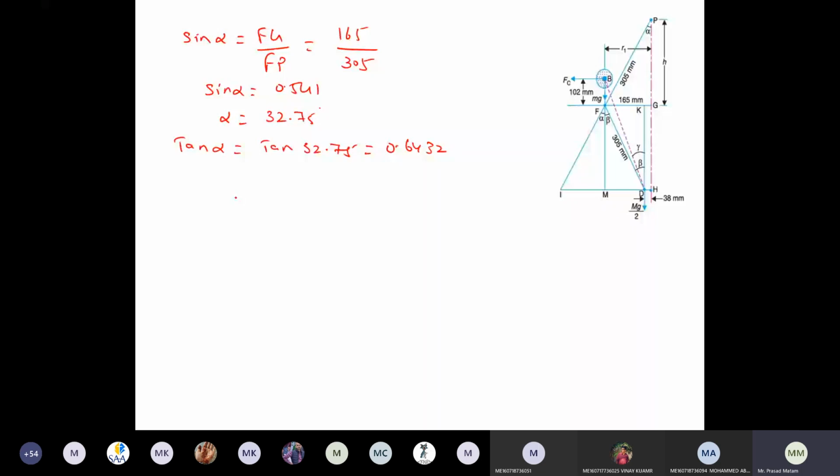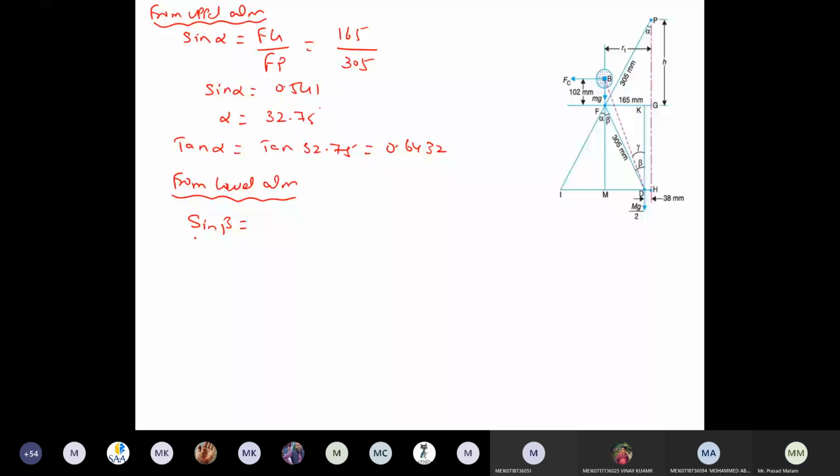Now find sine beta from the lower arm. This so far is with respect to the upper arm. This data I have found from the upper arm diagram. Now from the lower arm, I'm going to find out. Try to find sine beta from the lower arm. Try to find all the values, sine beta, tan beta. What is sine beta in the lower arm? Can anyone answer?